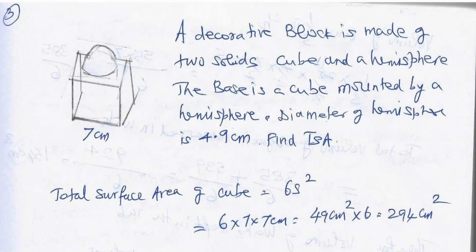A decorative block is made of two solids, a cube and a hemisphere. The base is a cube mounted by a hemisphere. The diameter of the hemisphere is 4.9 cm. Find the total surface area. Total surface area of cube is equal to 6 into side squared. So 6 into 7 cm into 7 cm, side is equal to 49 cm squared into 6, which is equal